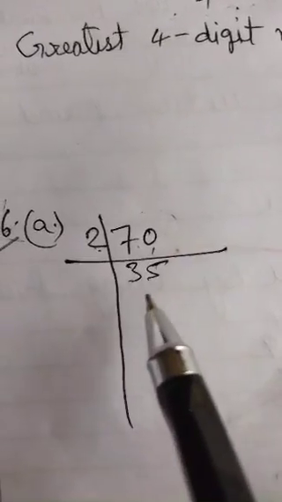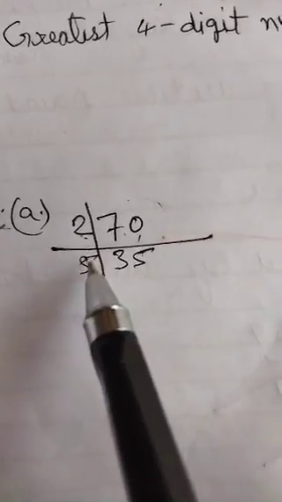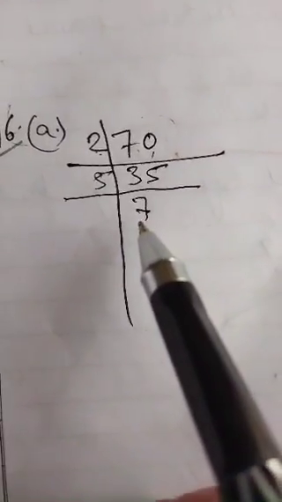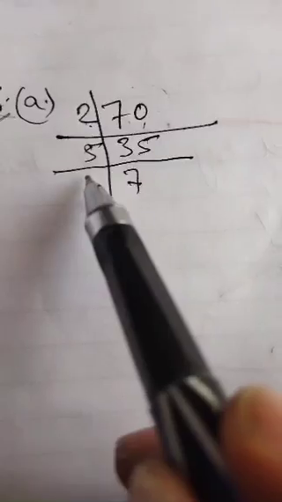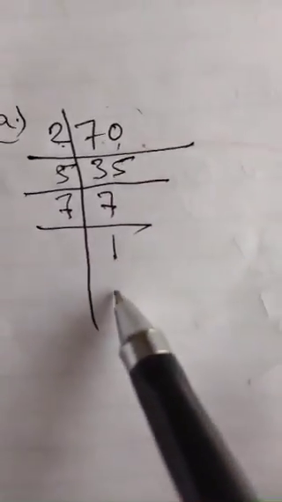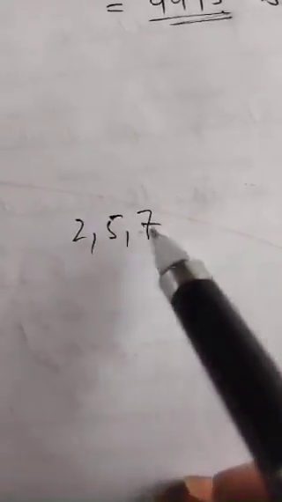Then we will see by which number 35 is completely divided. It is 5. Then after dividing this number by 5, we will get 7. Then we will write it here. Then by which number is 7 completely divided? It is itself. Then we will get 1. We have to do this division, this factorization, till we get 1. So now after getting 1, we can say that the prime factors of 70 are 2, 5 and 7. So this will be our answer, 2, 5 and 7.